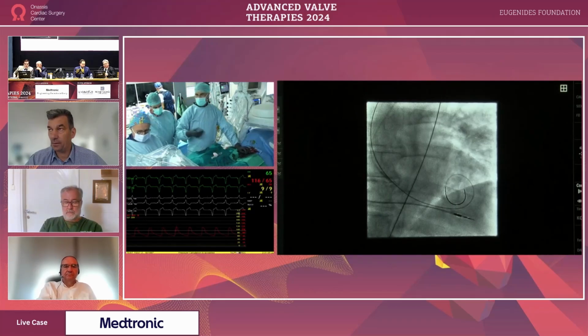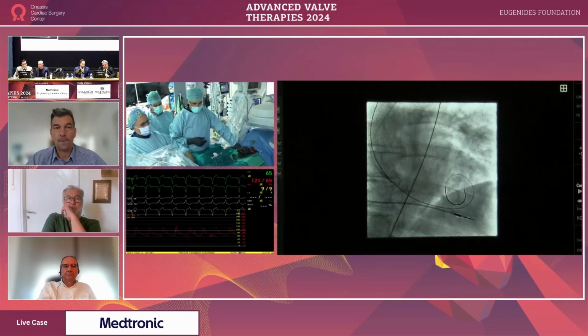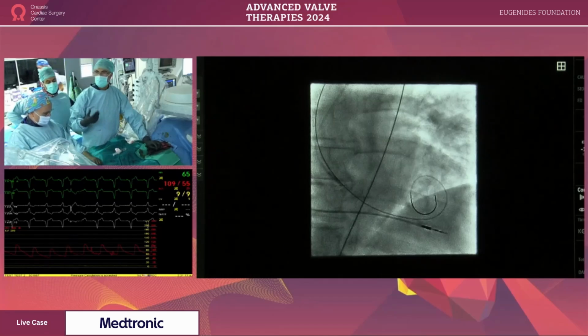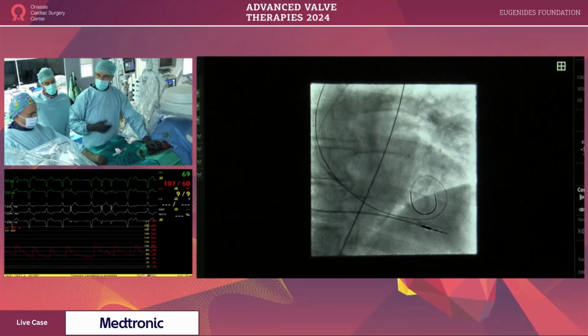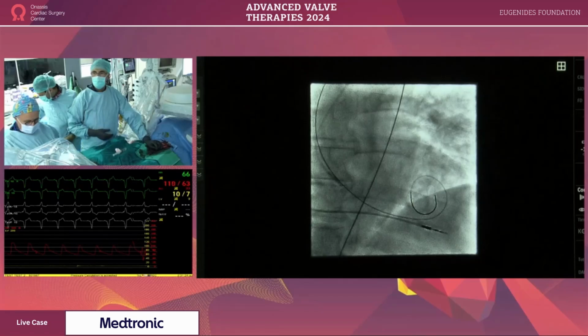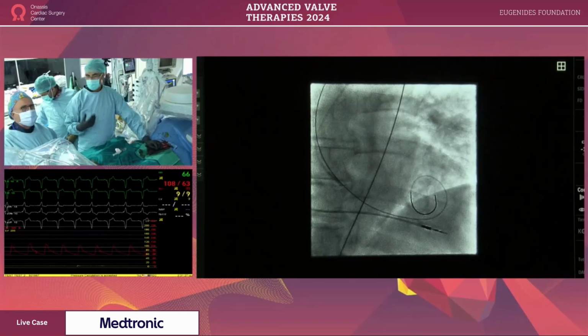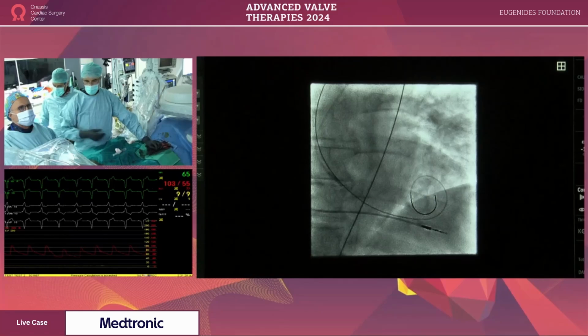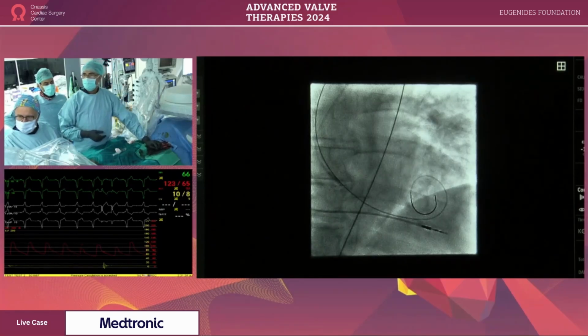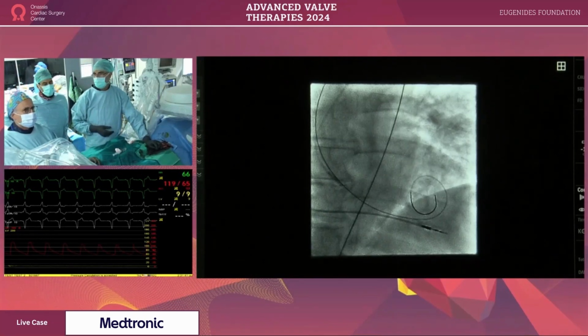So thank you. Another piece of information just came in: we have a 195 ACT. At this point, would you give additional heparin in this patient or not? In these patients, we try to keep the coagulation level low. We are aiming for approximately 200, actually less than 200, because we anticipate this procedure to take no more than 30 minutes. So in order to minimize vascular bleeding, we tend to under-treat this patient in terms of heparin, and we didn't see any difference in